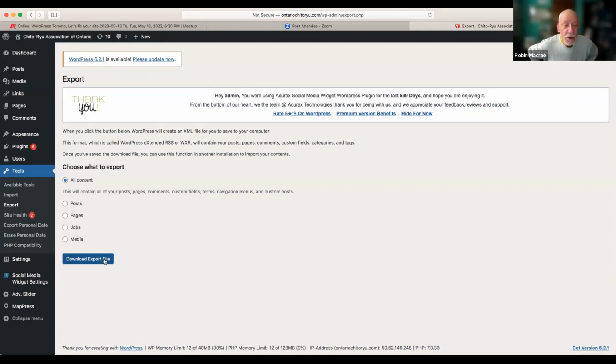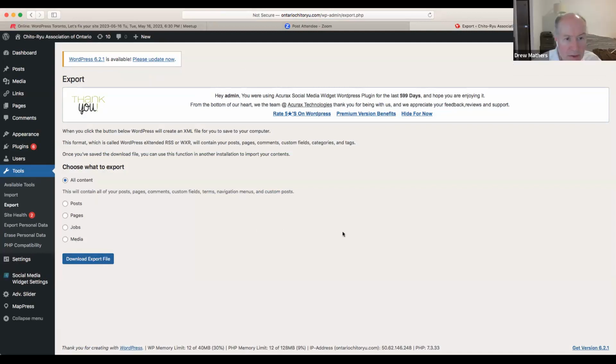I can't say I've ever used this. Drew, do you know off the top of your head whether this does a complete backup, like database plus all the pages and posts and so on? That's the database, right? But what about the files? It doesn't do the media. Well, they give you a media button.